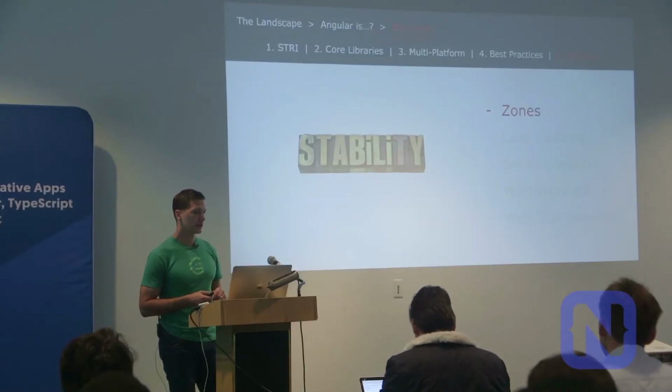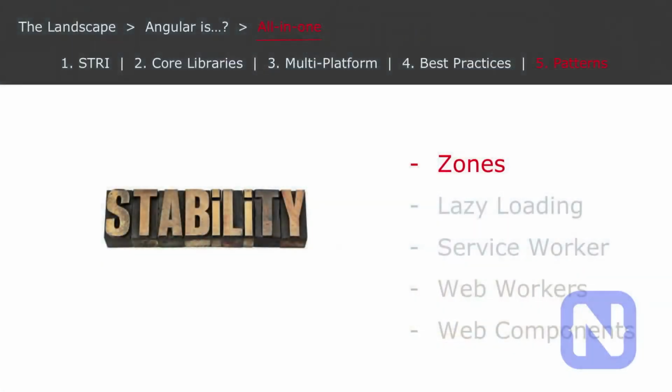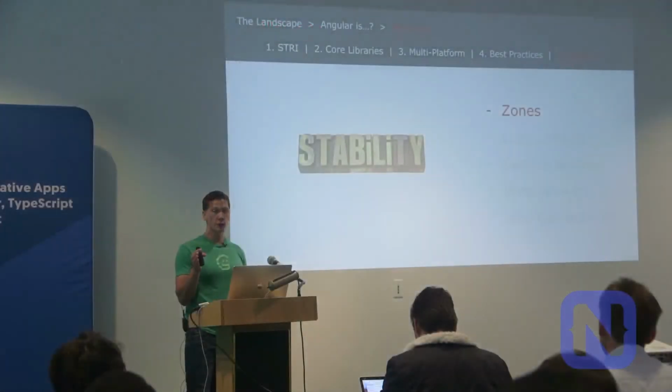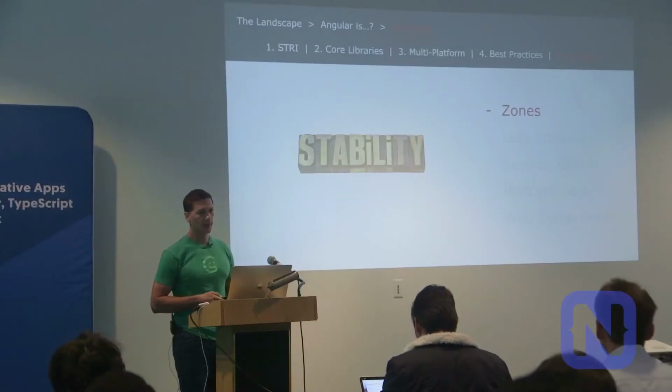your code is done. Because if you think about it, when you're writing a web application, you can have asynchronous calls anywhere. On any web component or any component in your app, you can make AJAX calls to the back end, and there's no correlation between any of them at all. But Zones does. Zones correlates them all and knows when they're all done, which is really powerful.